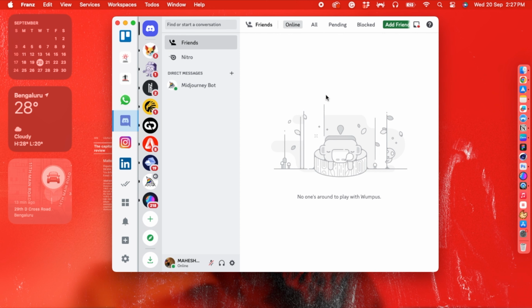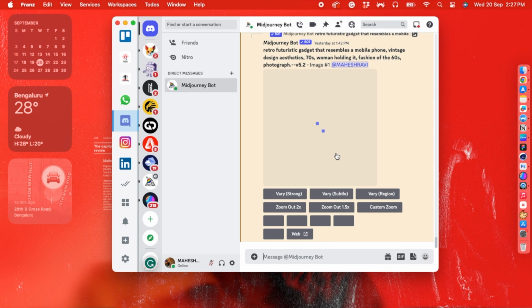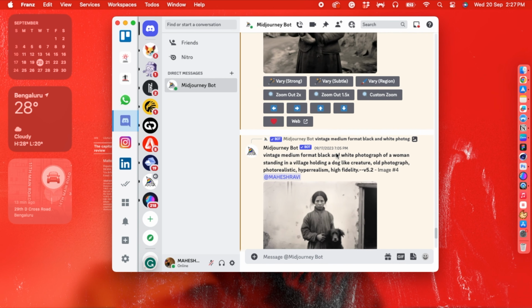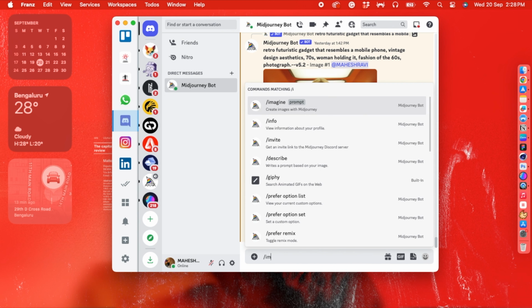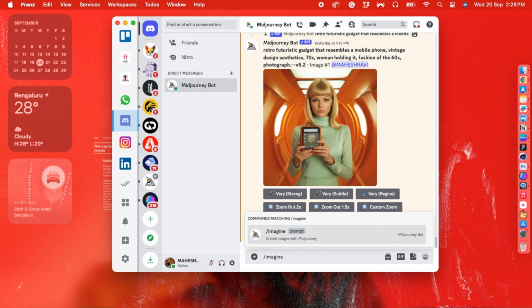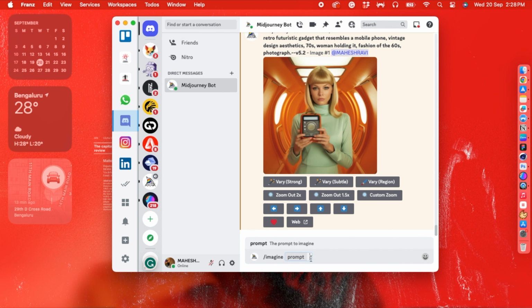So we are in my Discord channel right now, and if you go to the Midjourney board, you can see the content that I've already generated using prompts. We are going to use this to create a new prompt. Basically how this works is, if you type a backslash and write imagine, it gives you the option to write your prompts,